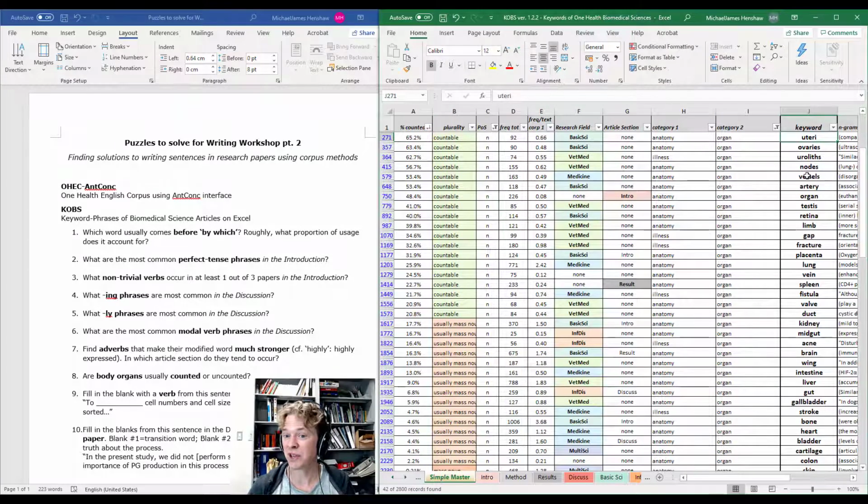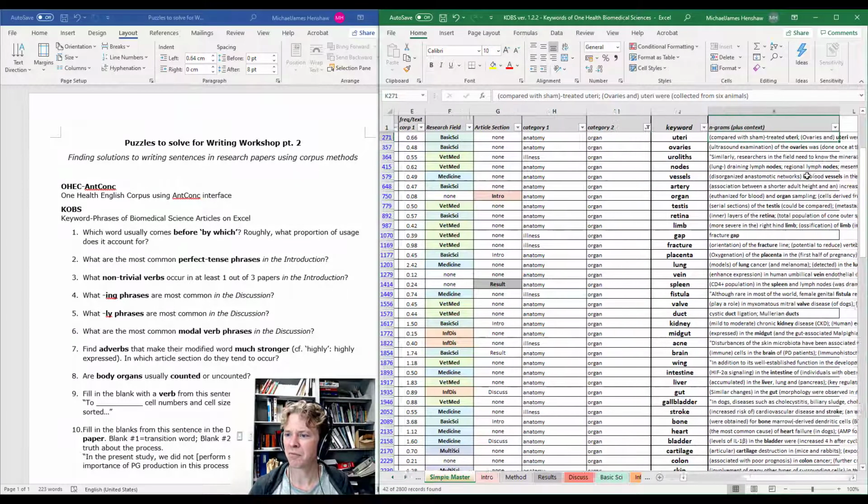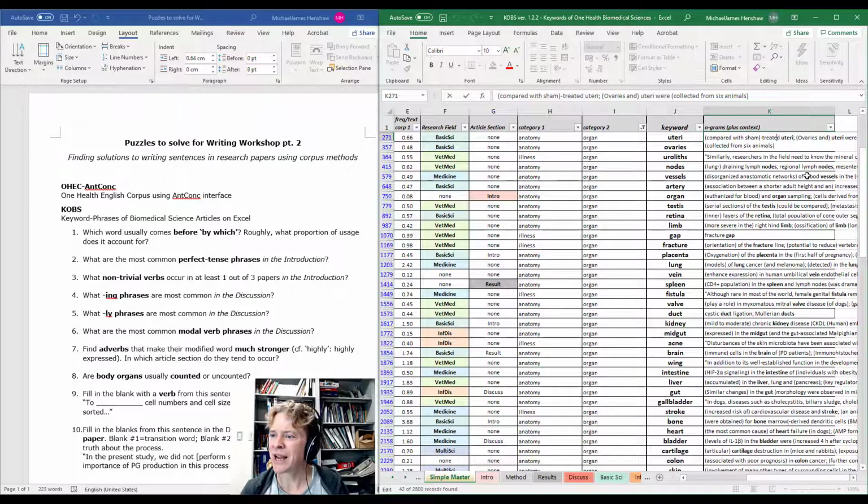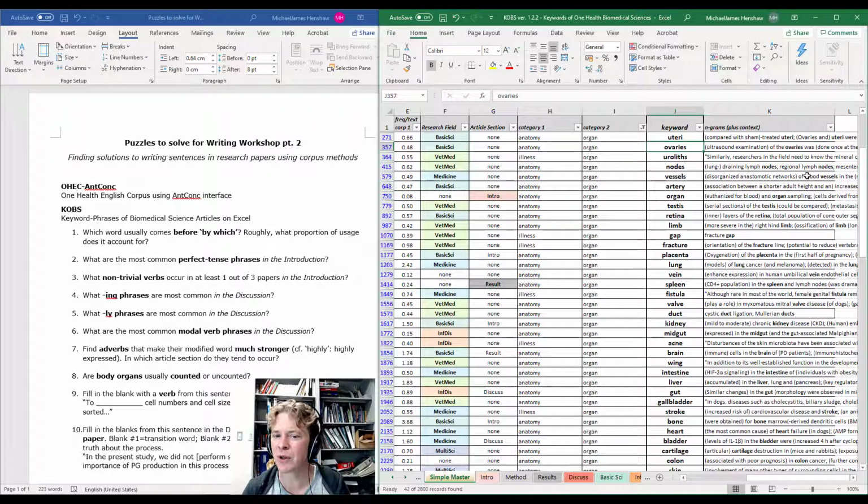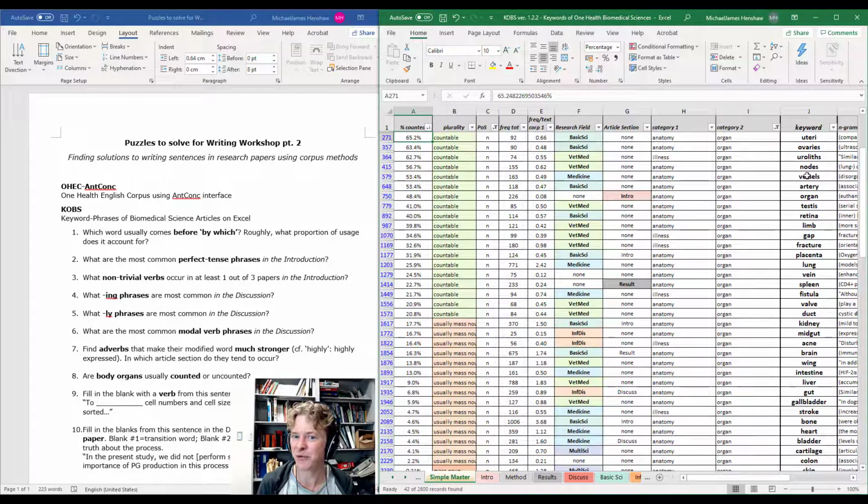Uteri is usually counted, not uterus. That's interesting. Compared with sham-treated uteri. Ovaries and uteri were collected from 6 animals. So same with ovaries. And this is in basic science. So notice it's not in the medicals. If this was part of medicine, it's possible that uterus would be singular if they're talking about a single woman. But since it's in basic science, they're talking about many animals. So think about the source of where this is coming from when you interpret the data. But anyway,